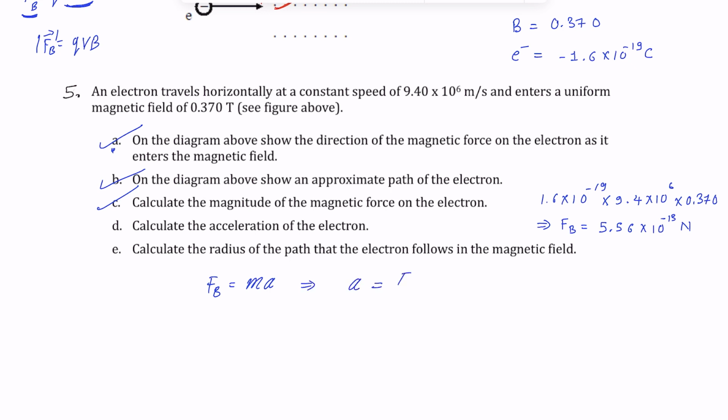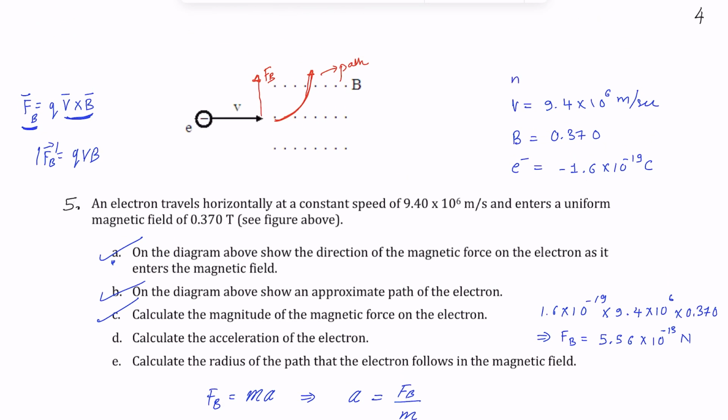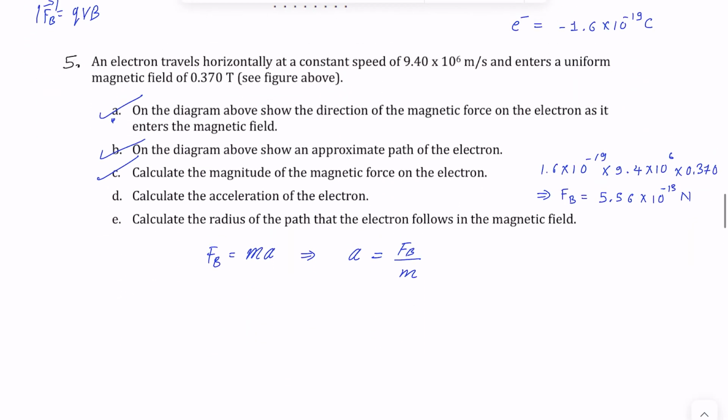This means the acceleration will be just equal to Fb divided by m, and this will always be given to you, that is the mass of an electron is 9.1 times 10 to the minus 31 kg, and that means this is equal to 5.56 times 10 to the minus 30 over 9.1 times 10 to the minus 31, and this will come out to be